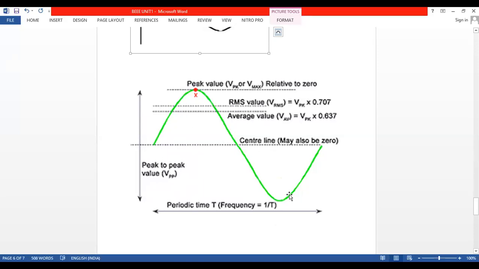After drawing the diagram, you have to draw the peak to peak. Peak to peak means from the positive peak to the negative peak. The value of the current from the positive peak to the negative peak is called peak to peak. Let us say the positive peak is 2 volts and the negative peak is 2 volts. What is the peak to peak value? 2 plus 2. We should not subtract. Both are 4. Yes, 2 plus 2 is 4.